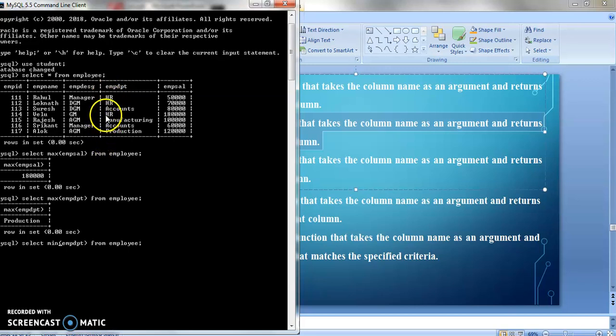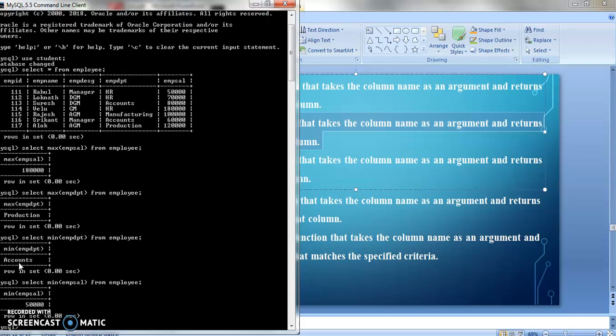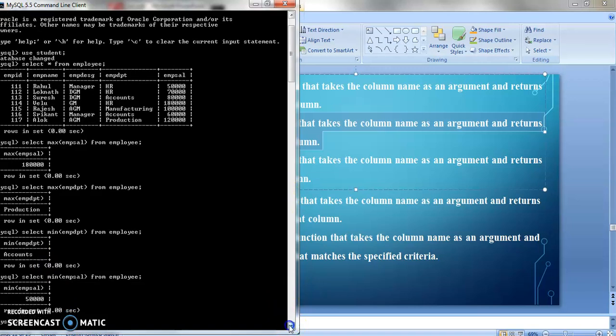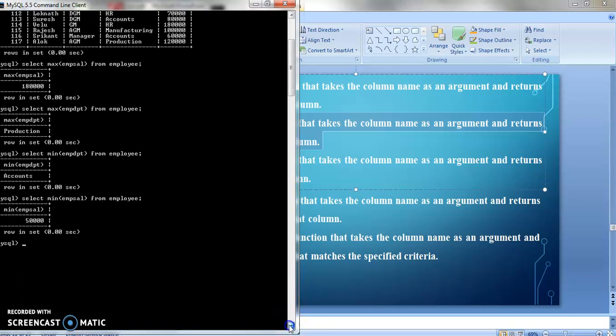Which letter comes first? That is A, accounts. So it will return accounts. You can see here the minimum value is accounts. Now we will see the numeric values. The numeric column is employee salary. You can see the minimum value in this is 50,000. So I am getting 50,000. Okay, I hope you all are getting my point.